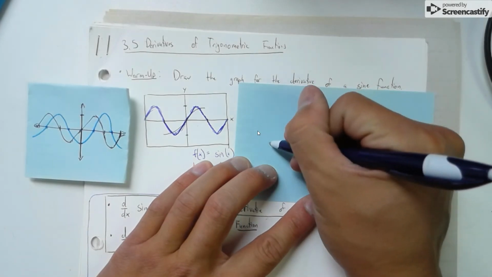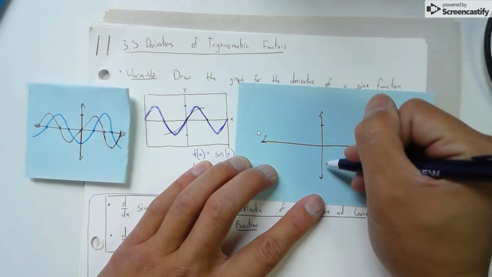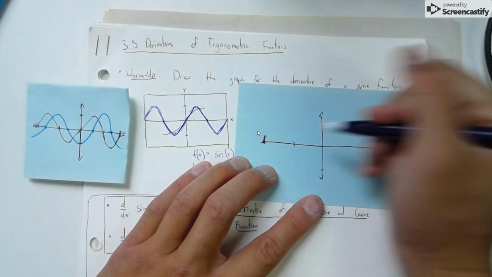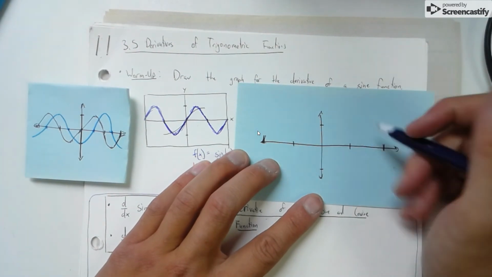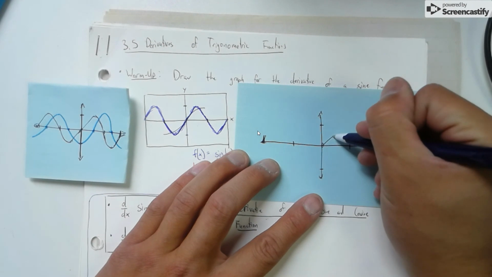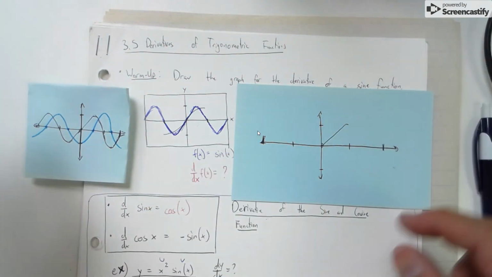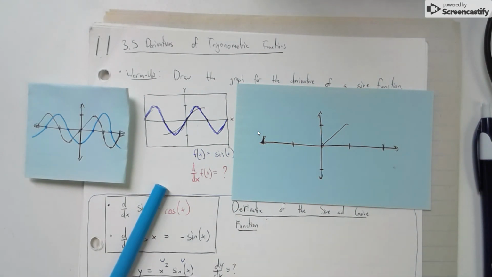Yeah. So that's why it's on the line. Yeah, and then it was negative. Negative slope. And then right here it's, oh, shoot. Here it's